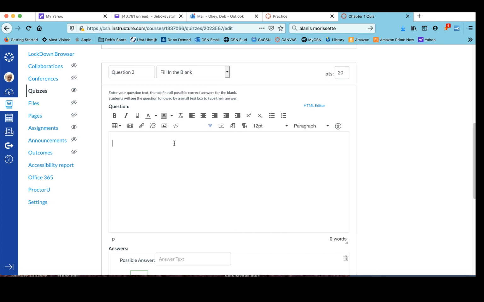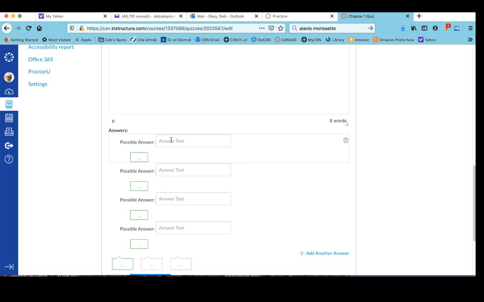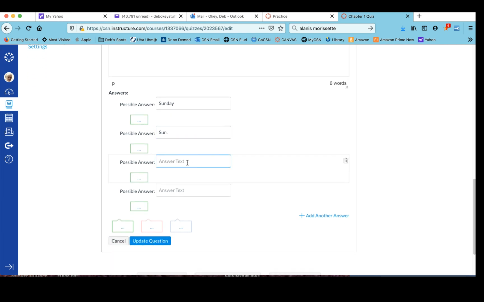So for example, if I have the day after Saturday is blank, I can put in Sunday with a capital, Sunday abbreviated with a capital and a period, Sunday abbreviated with no period but a capital,